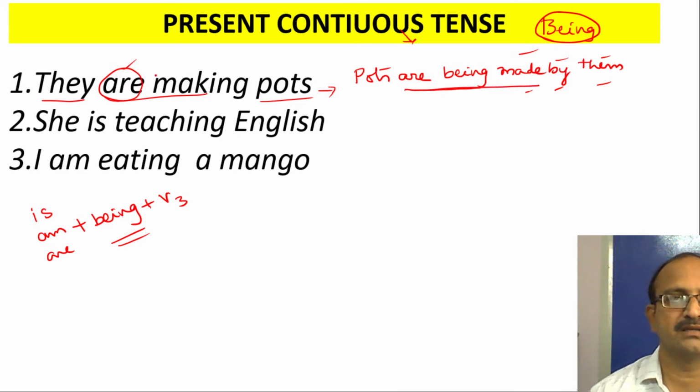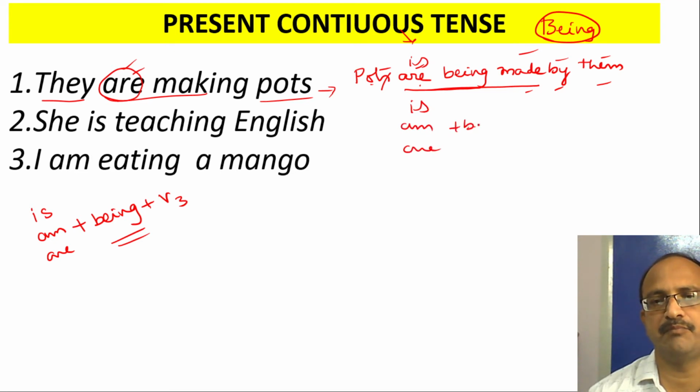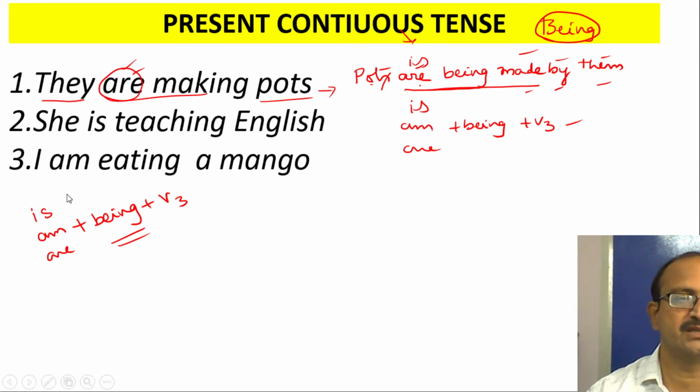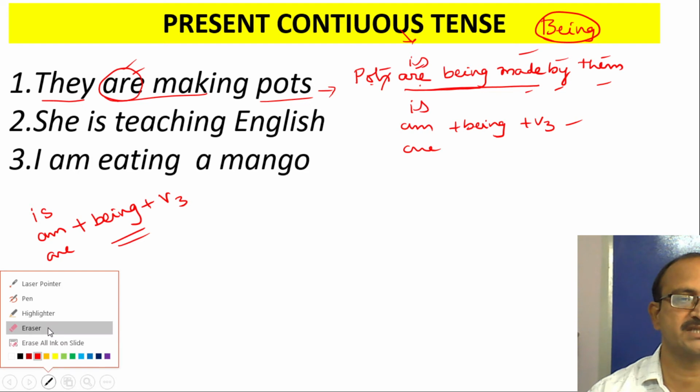So here in the present continuous tense model, we already have is, am, or are. So you take according to the subject. Luckily we have the subject as plural, so you take are. For the subject a part, you take is. You understand? So parts are. Next one is being. So the structure is very clear: is, am, or are plus being plus V3. That is the passive voice for present continuous tense. Like this, you can change in this model and the rest of the sentence also.